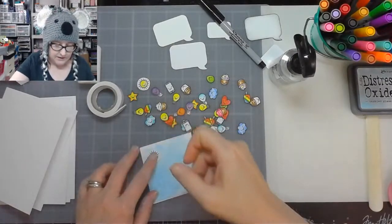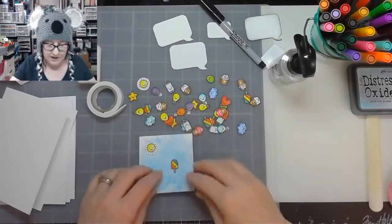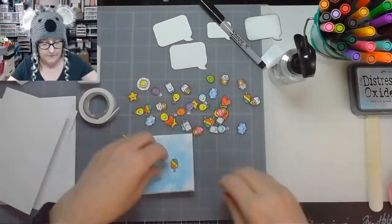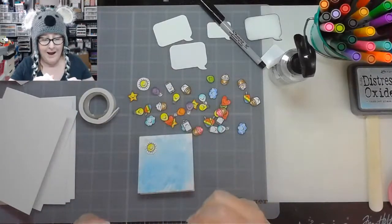So there goes my sun. I'm going to put my little popsicle down here. Now if you've got little animals and little creatures and people that you could stamp out, you can mix these with those too. But since he is all by himself,